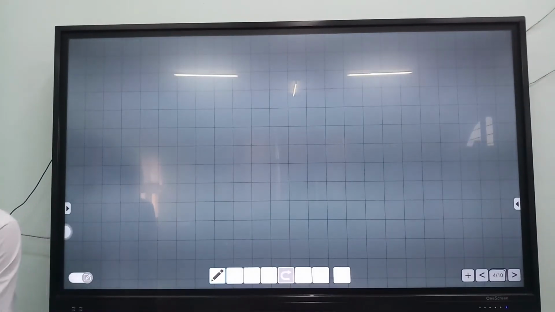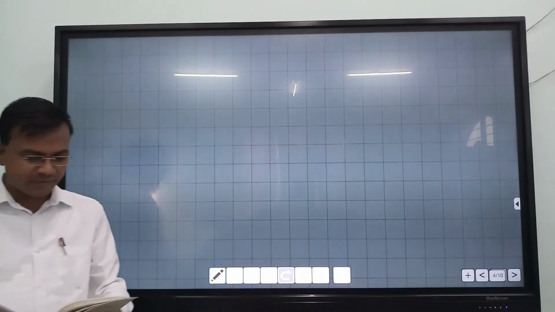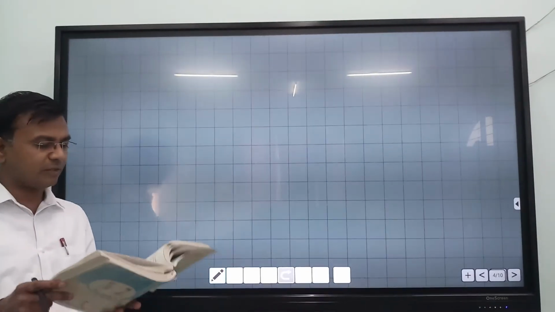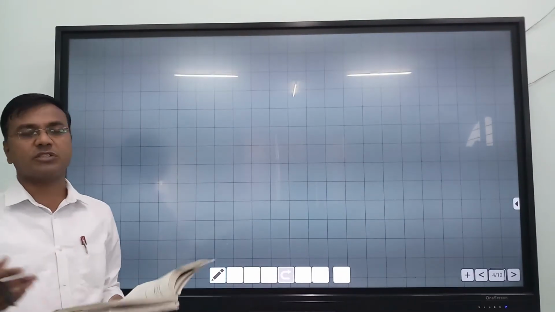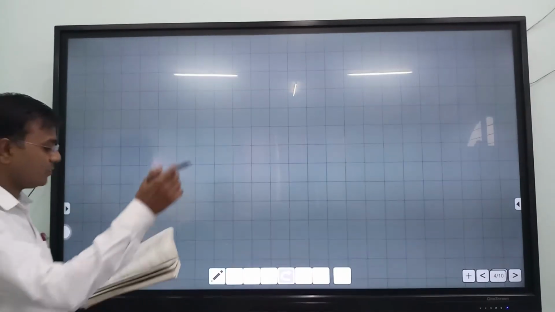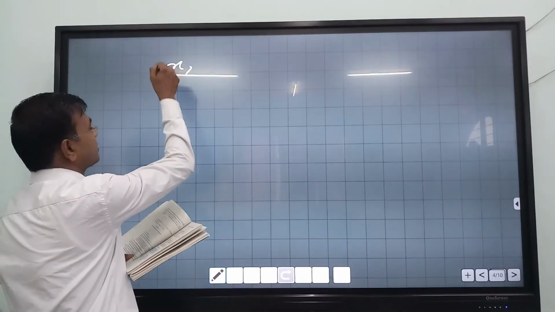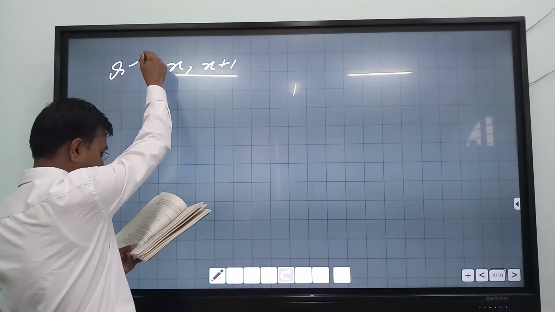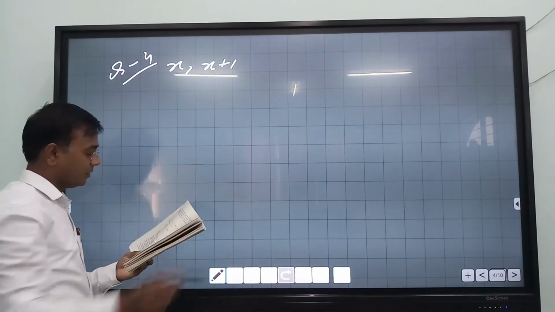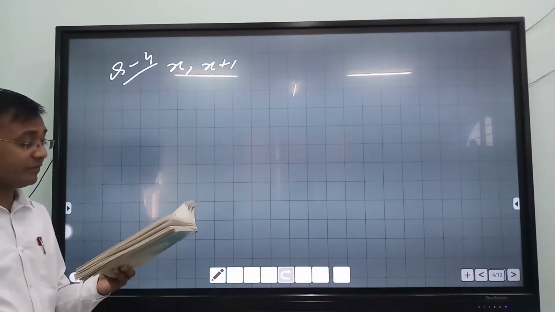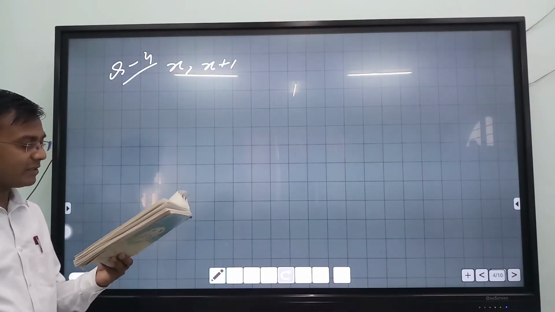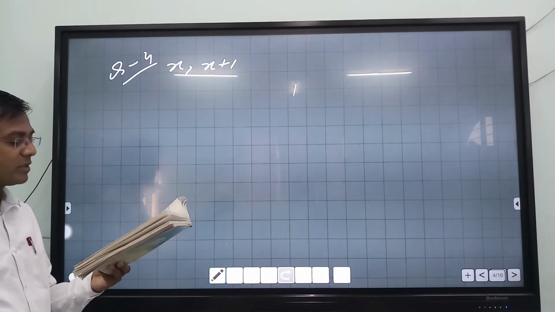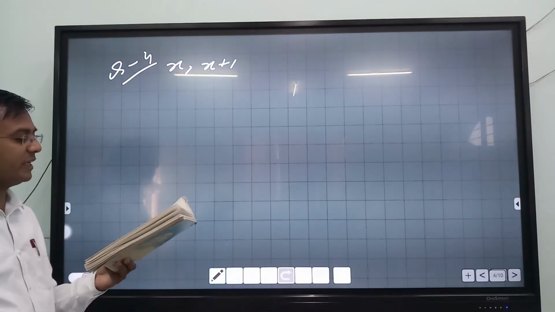Now we are taking another question, number 4. We already discussed this in the previous exercise. Consecutive positive integers are those, suppose, let me give you the hint: the first number is x, then the second will be x plus 1. Question number 4. So these are two consecutive positive integers. It is given that the sum of whose squares is 365.